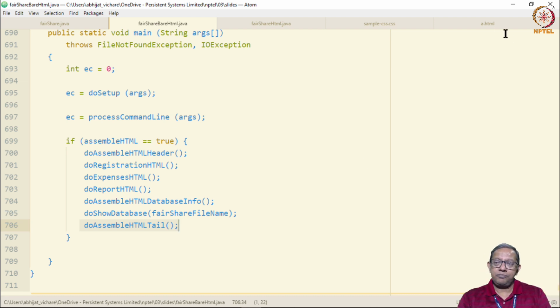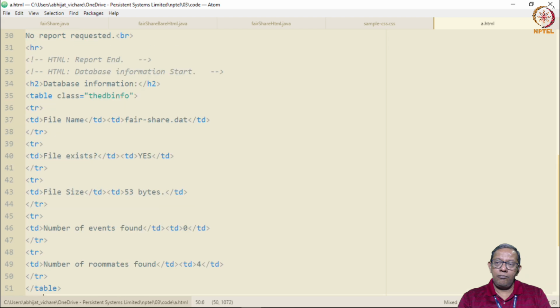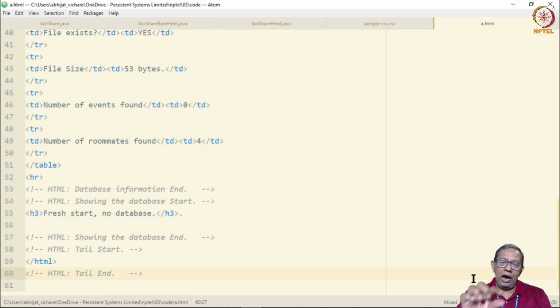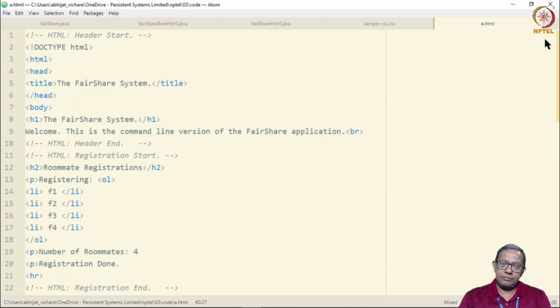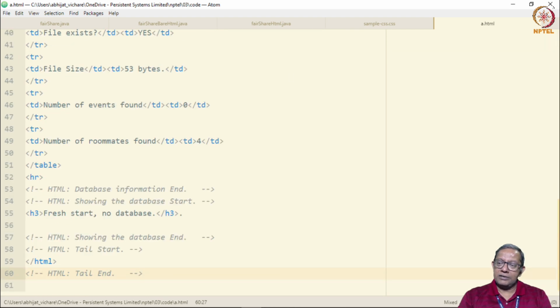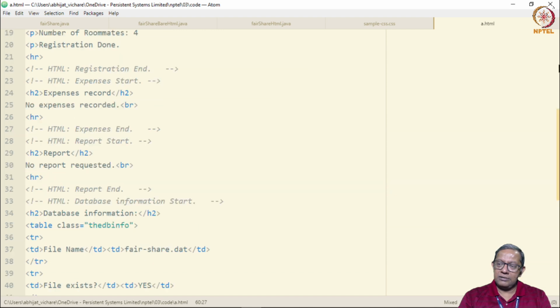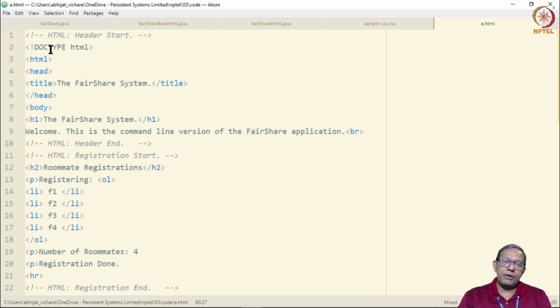In other words, while this is one single whole document all through to the end of the file, the entire file is produced in parts by each of the methods. So for example, the assemble header part produces the header information.